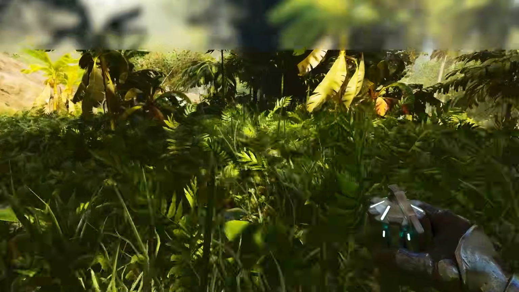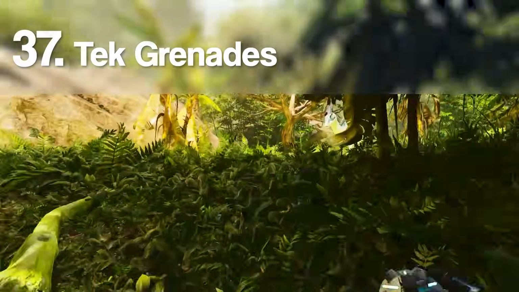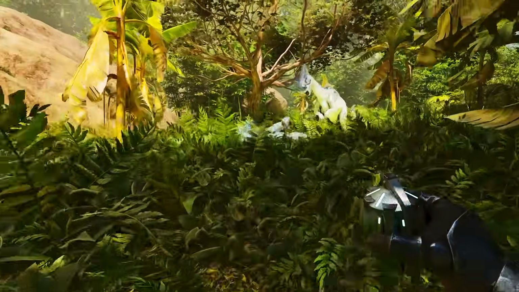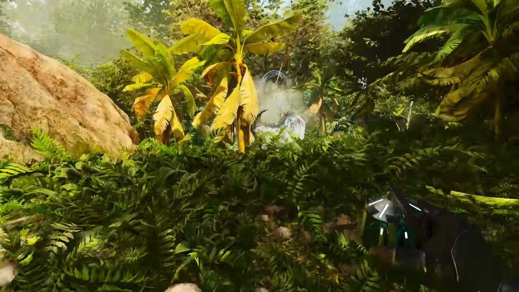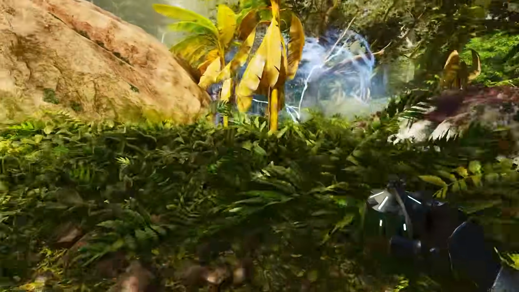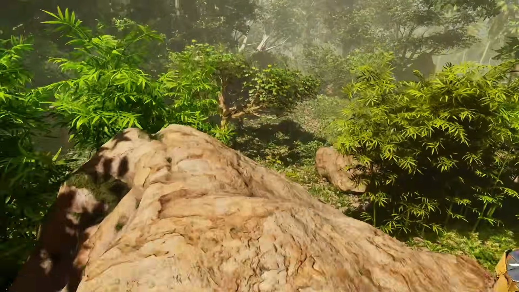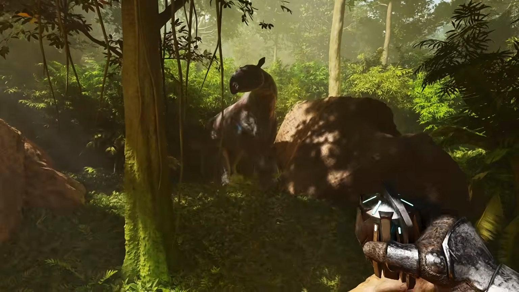At number 37, I have the Tek grenades, which are a lot better than normal grenades, but they're just not great. They stick to creatures and can actually deal damage, which are both nice features and make them way better than the gravity grenades, but they're really niche in PvE because the cost for the damage you're dealing really isn't super effective. The other problem with these is that a lot of the time when you're trying to actually blow something up,